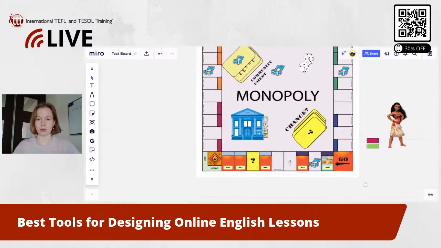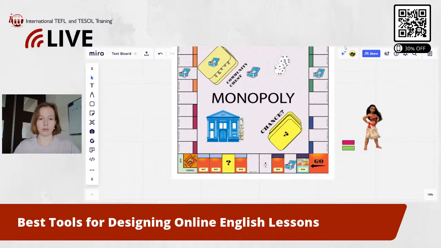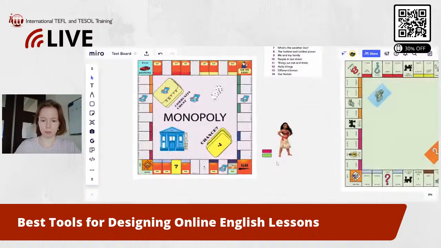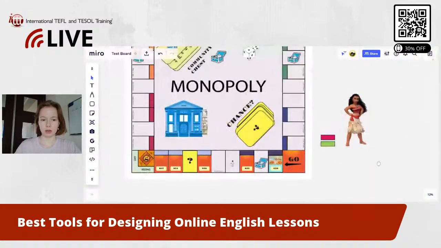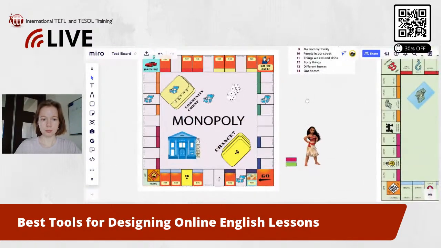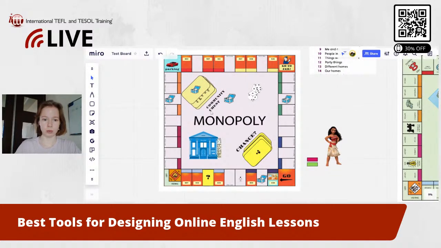So this game is also really useful to learn the numbers. So if this topic is difficult for your students, then you can also revise it, review it. All right. As for some other features, technically, that is all to mention from the point of adding